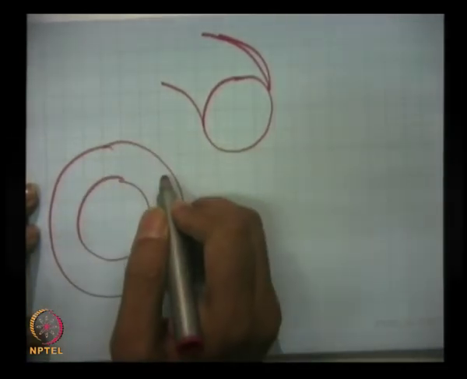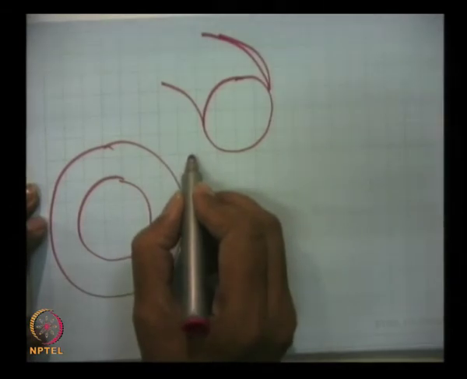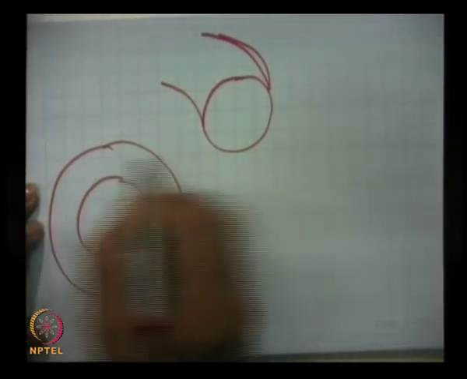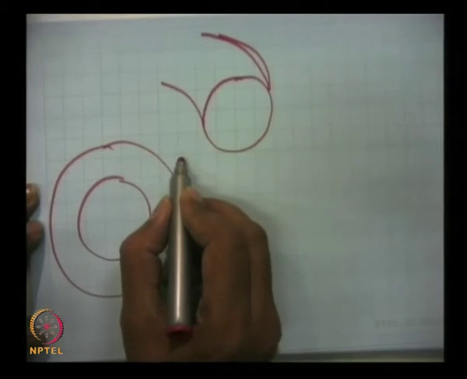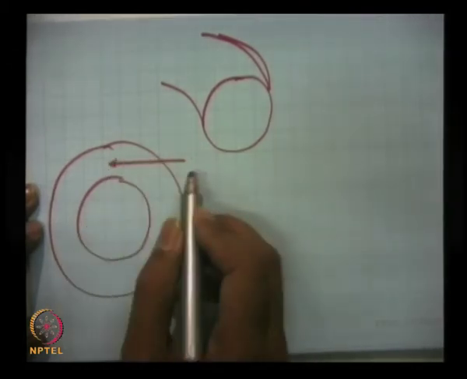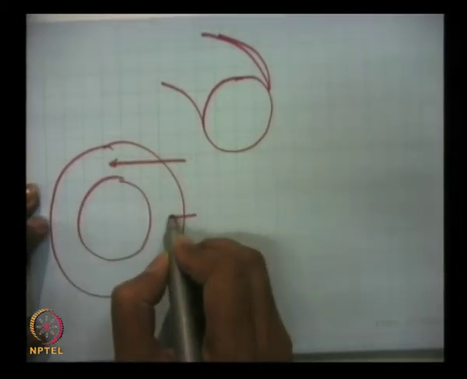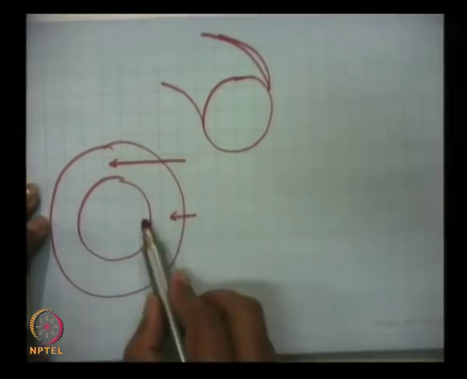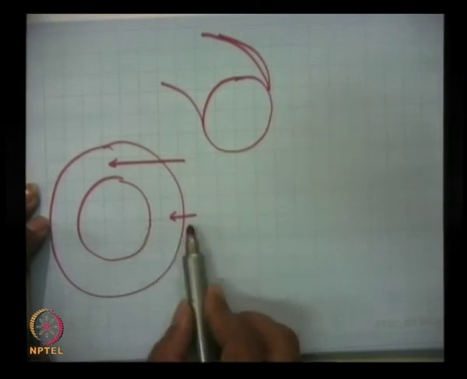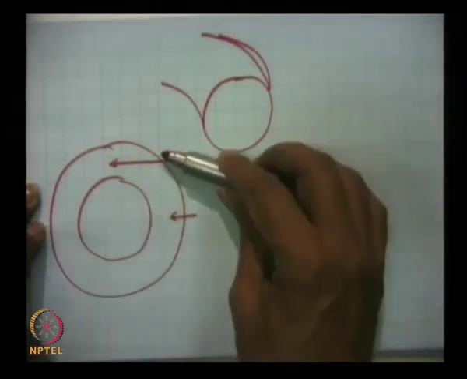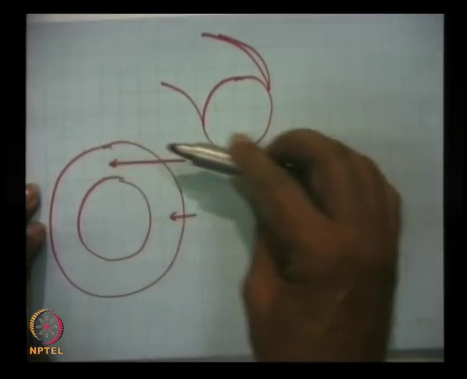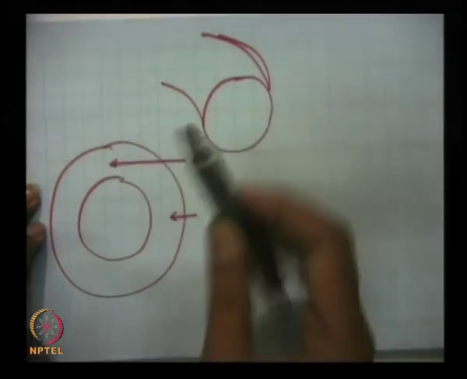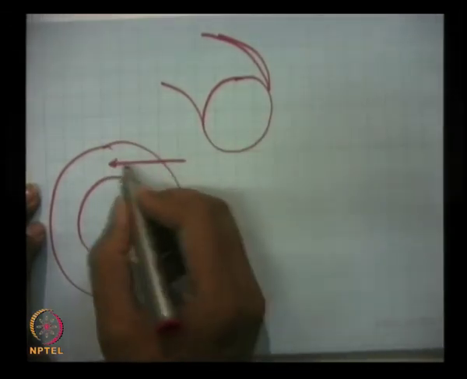So, what you can do, if you launch your neutral beam here, it will have a long distance to travel. So, you can launch this neutral beam through here, or you can launch your neutral beam through here. If you are launching the neutral beam like this, then it has only a very small distance to travel. Obviously, this is also quite large, but this has a much larger distance. So, it is preferable to launch your neutral beam through here, and in this, the neutral beam as it travels,